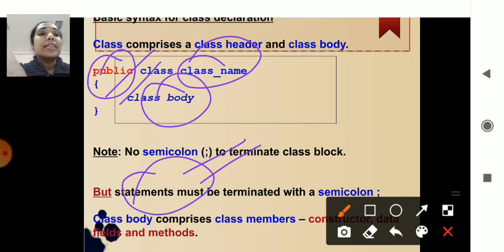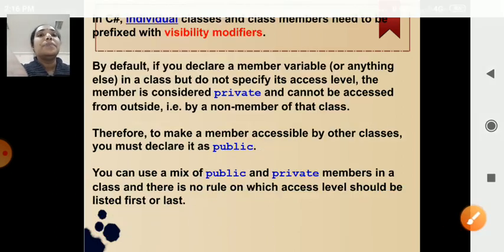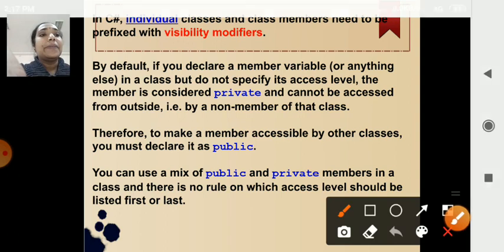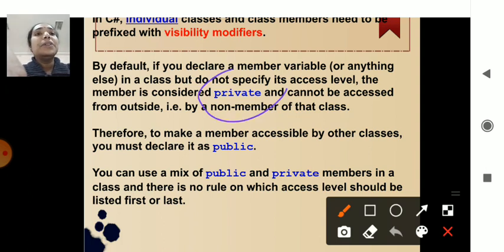Okay, the class also consists of, you can see here, the constructor, the fields and the methods. Even for classes, when you are not providing the access modifier, then automatically it will take the modifier as private. It's nothing but your data which is there in the class cannot be accessed by any other class or any other method within the whole program. That is said to be private.